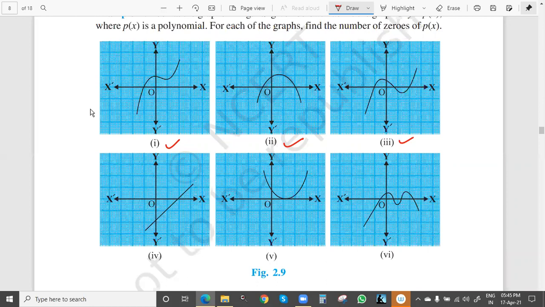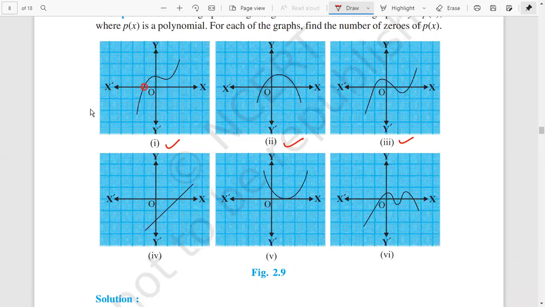So see, let me this time write the answer. This graph is cutting the axis at 1 point here. So 1, 0. Here this graph is cutting 2 points, two distinct points, or two separate points, two different points, so 2, 0. Here 1 2 3, so 3, 0. Here, always focus on the x-axis, not the y-axis. So 1, 0. Here 1 point, 1 intersecting point, 1 meeting point. Here 1 2 3 4, so 4, 0. So the answer is 1 2 3 1 1 4. 1 2 3 1 1 4 is the right answer.